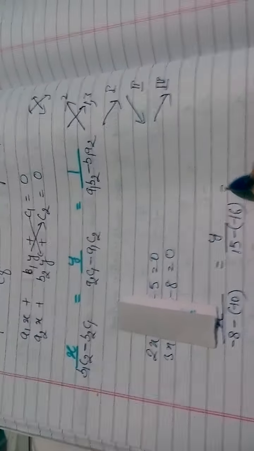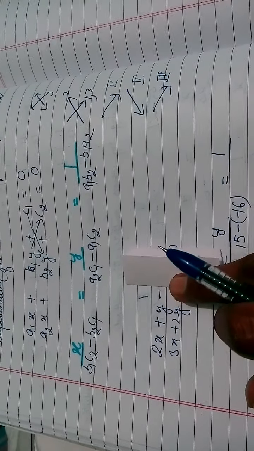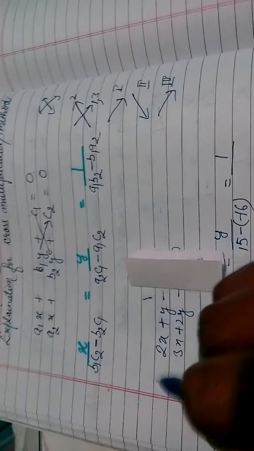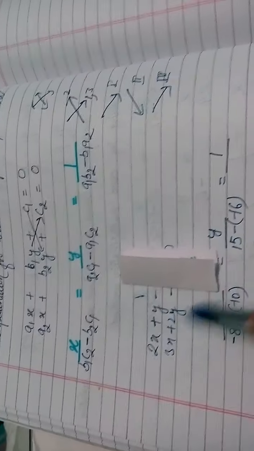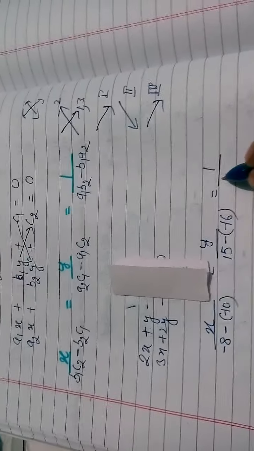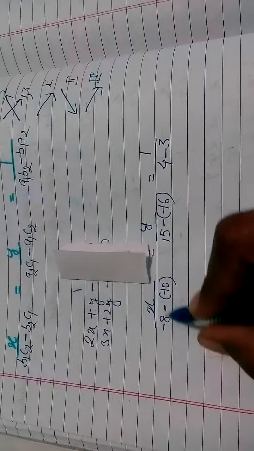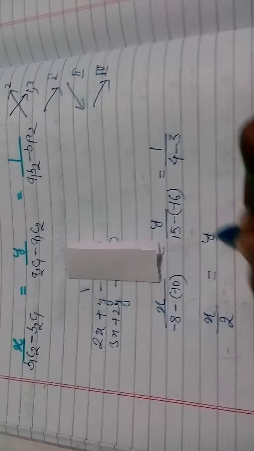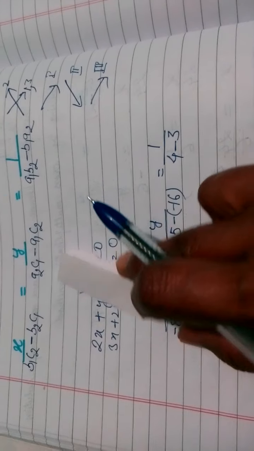Now it is the time of the constant term, so constant 1 upon, now forget the constant term, and again you will move this way. First was this, second was this, and third was this. So 2 2s are 4, and subtract 3 1s are 3. From here you can get x is equal to minus 8 plus 10. You'll get x upon 2, and now y upon 15.